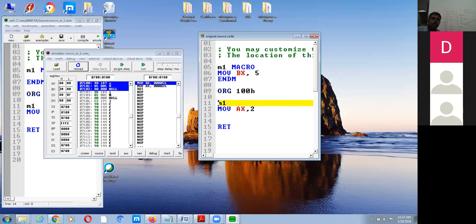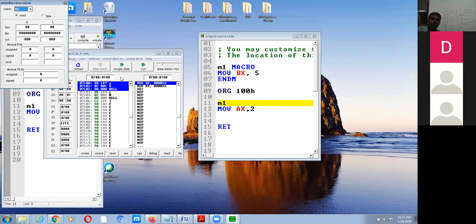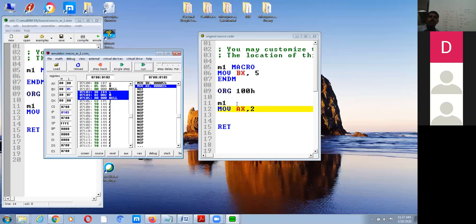Single step. You see the BX register, it is having 0 over here. Now single step, and 5 is coming here. So when you execute this line of code where you are invoking a macro, that 5 is going into BX.